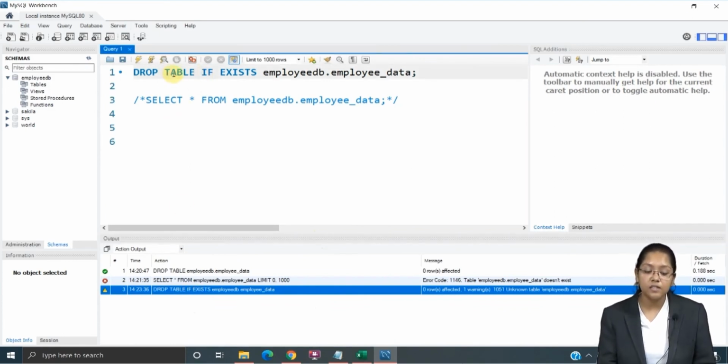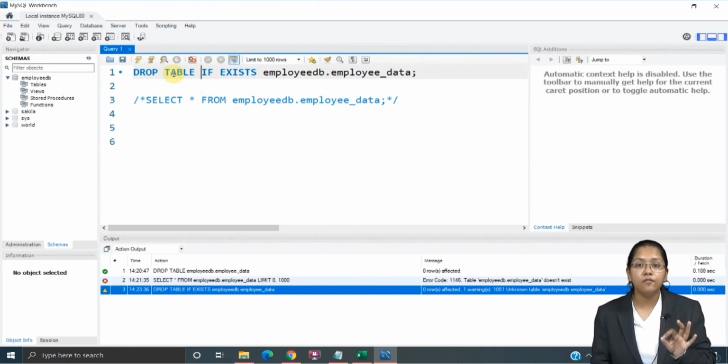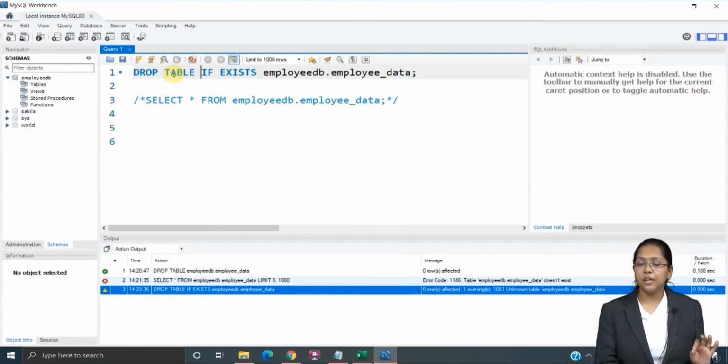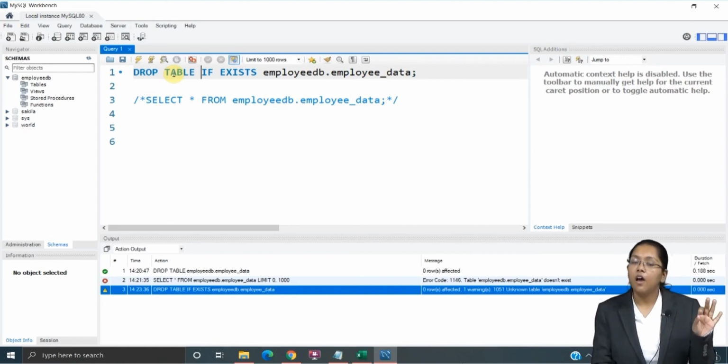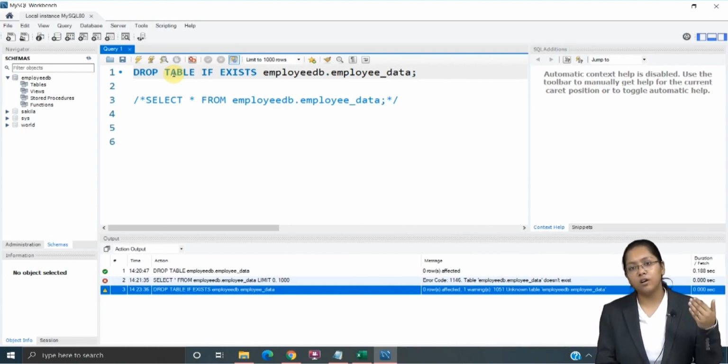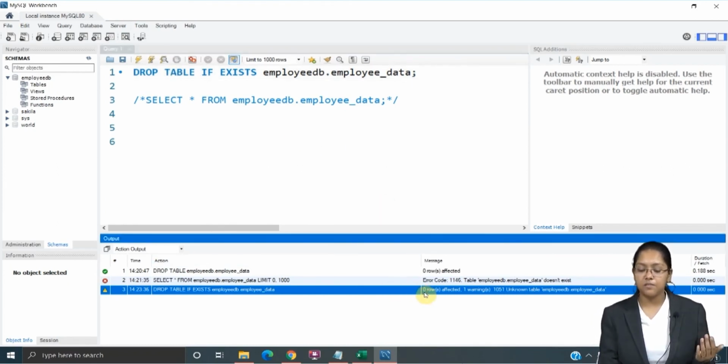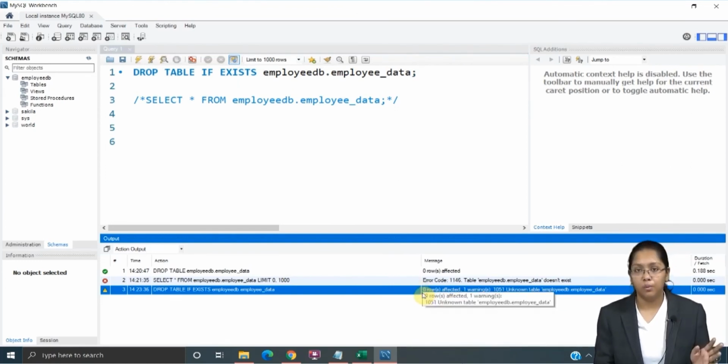Now here what is happening basically? Drop table if exists. If and only if the table is existing in the particular database, then and only then drop it, or do nothing. That's the reason my query was fired, but a particular warning was given. Now we all know that even if you have a warning, your query will still run. Means the particular code will run. Right? If you have an error, then it won't run. Now I am getting a warning, but am I getting an error like the previous one? No.